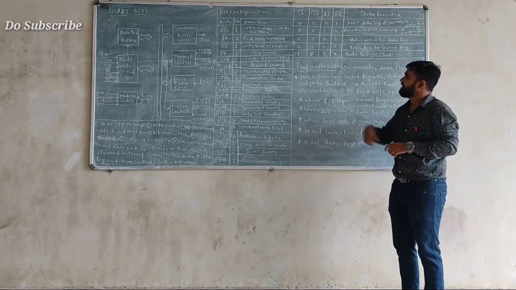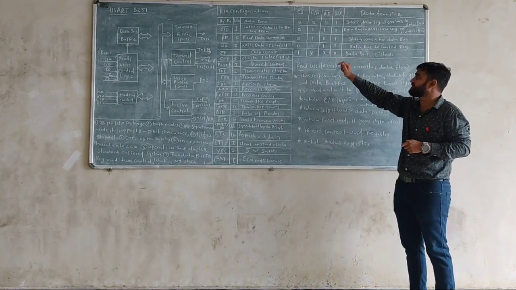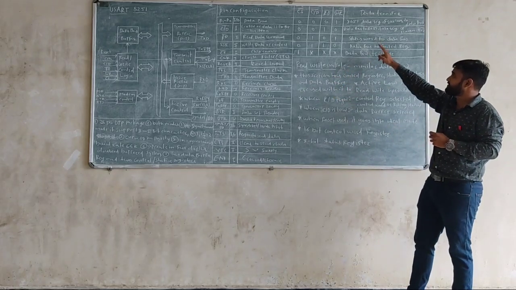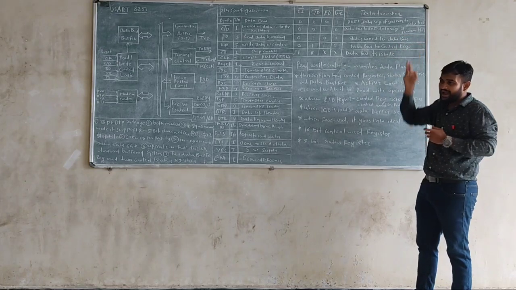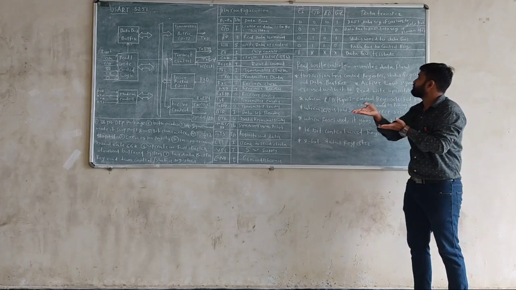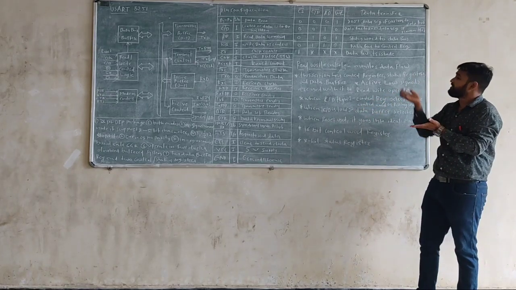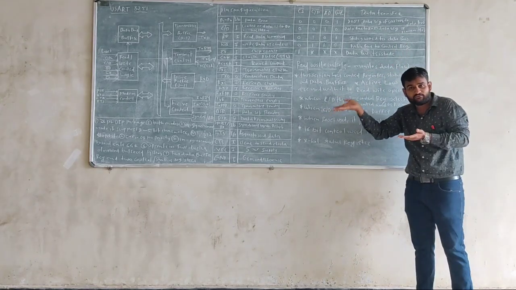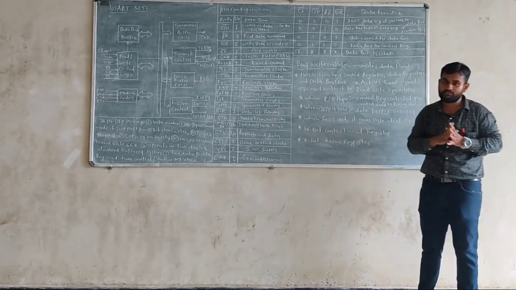Second situation is when CS value is 0, CD value is 0, RD value is 1 and WR value is 0. At that time, data bus of 8085 goes to the data register of a transmitter. At that time we see data from the data bus of 8085 to the data register by using a transmitter. In the first case we receive the data, in the second case we transfer the data from the microprocessor.